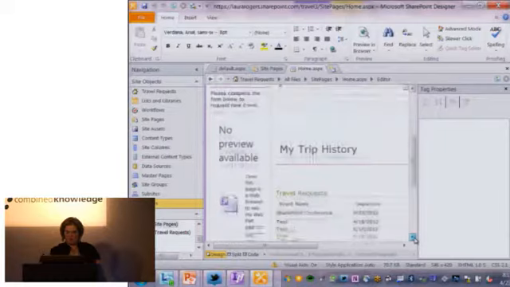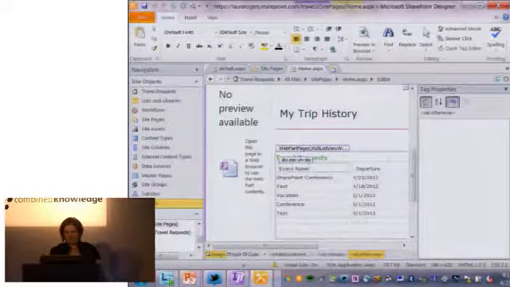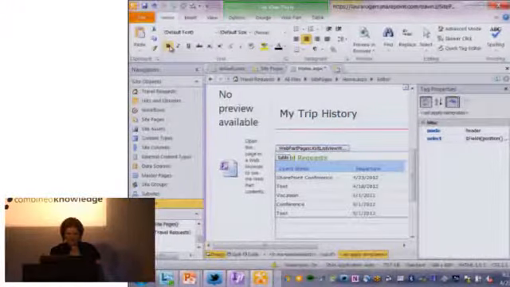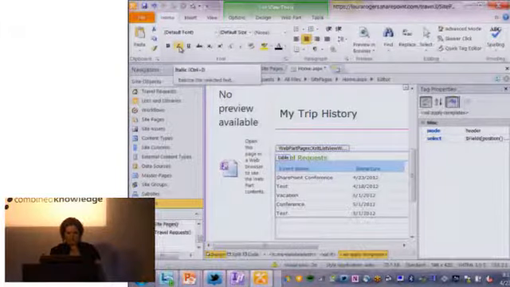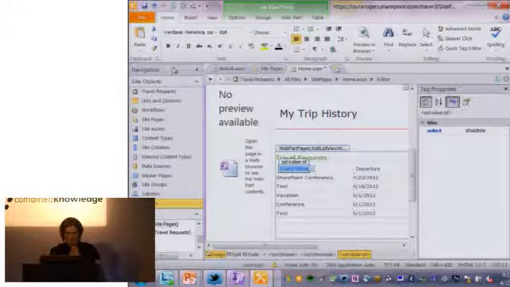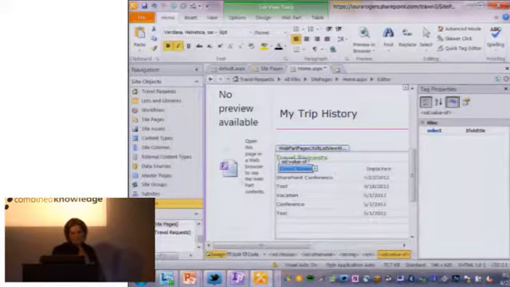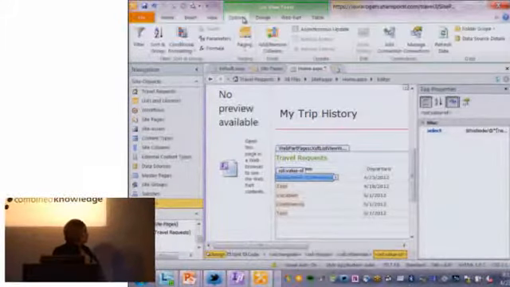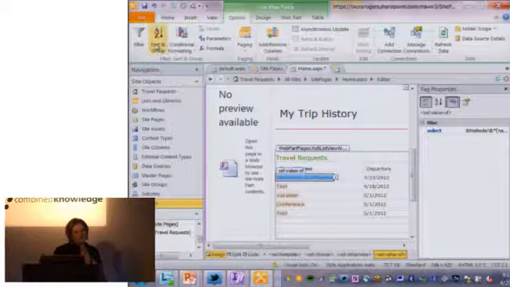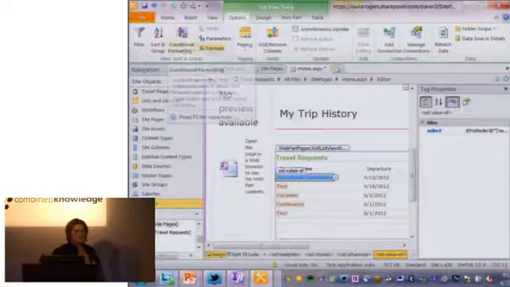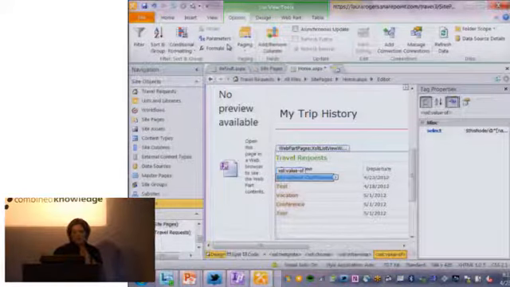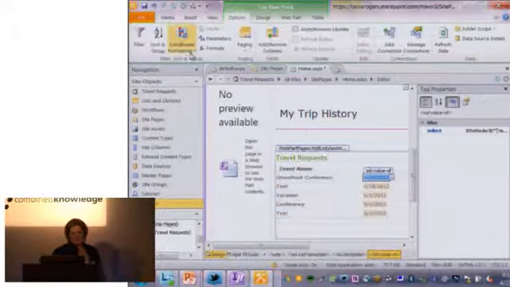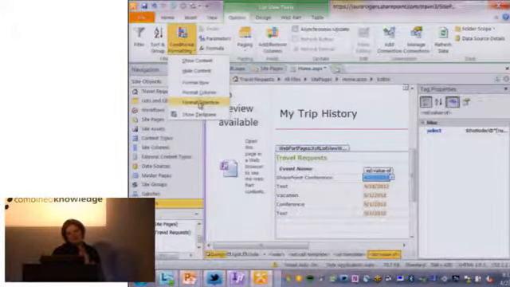So I can come to these web parts, and I can style these however I want to. So I can do simple stuff, make changes to it. So we can make the changes there. I can also come over here, and as I go in the web part, I have all of these different options for customization. So I can do filtering, I can do sorting and grouping, conditional formatting. A lot of these items you can do from the browser, but now you have additional items like the conditional formatting. So let's say, if departure date, we can come over here, do conditional formatting,